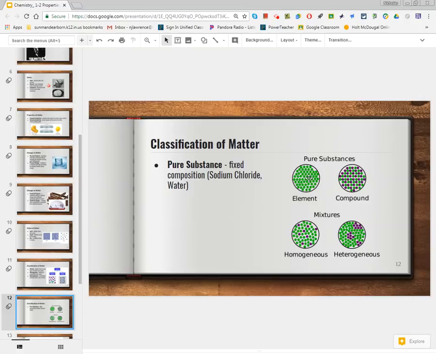It's a pure substance. Let's say I had sodium chloride here. Sodium and chlorine were bonded together, and now this was a pile of salt. Even though it's a compound, because sodium and chloride are bonded together chemically and it's consistent throughout, it would still be considered a pure substance because it is chemically bonded and it is chemically one unit, but just millions of